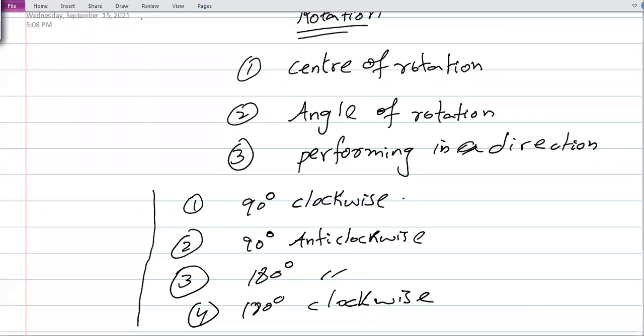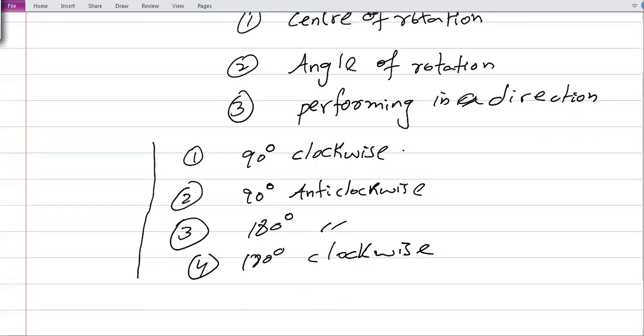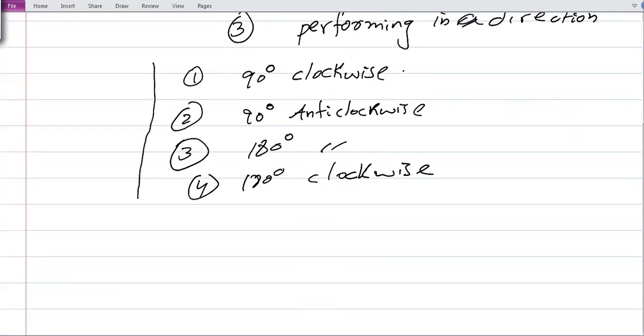Now the center of rotation can be any. It might be 0, 0. In most of the cases, the rules that we write are also for 0, 0, or about the origin. Okay. Now it's very easy to remember the rules for rotation. How can we remember the rule for rotation?